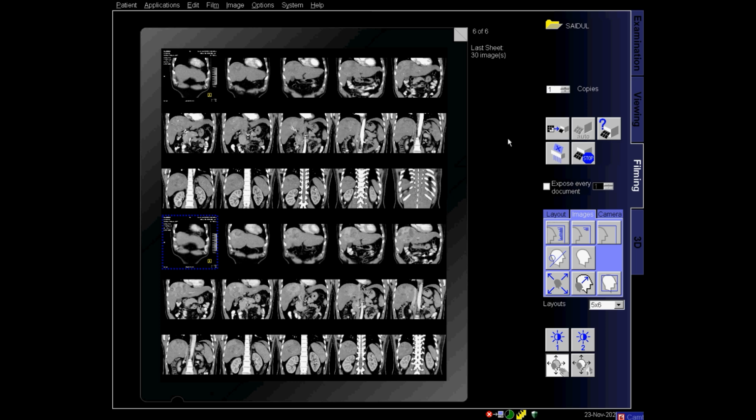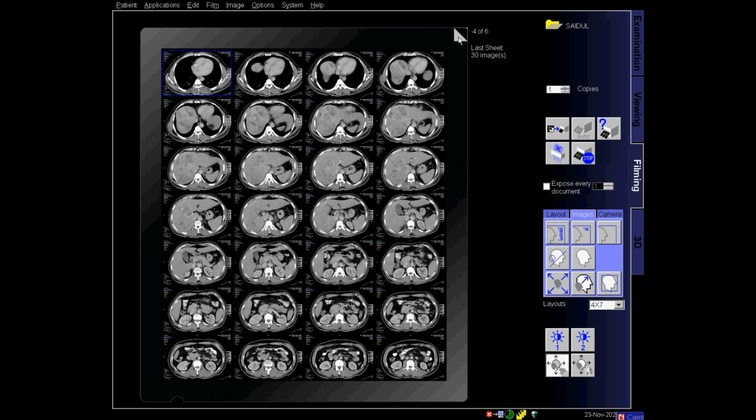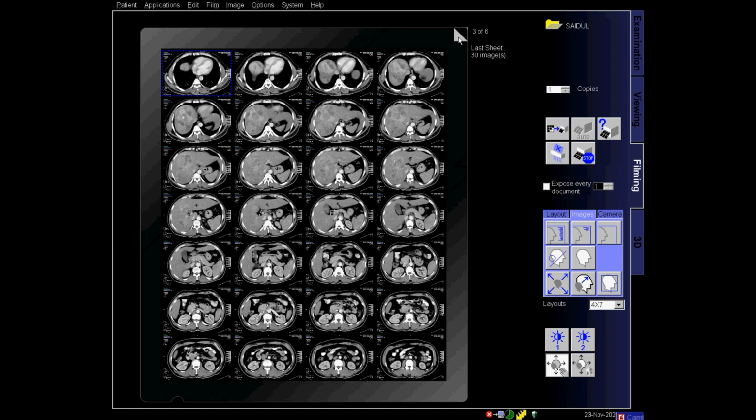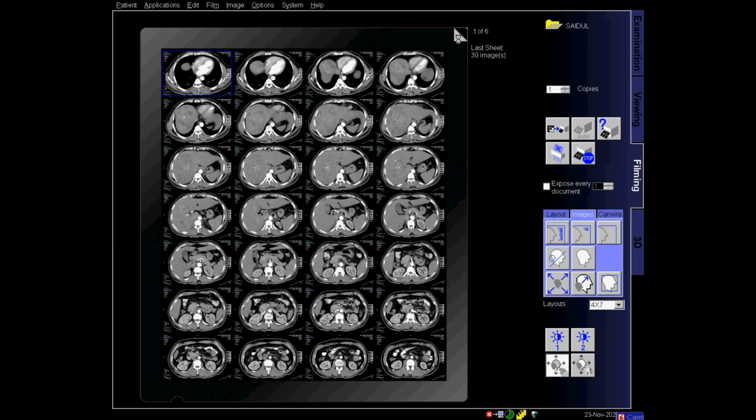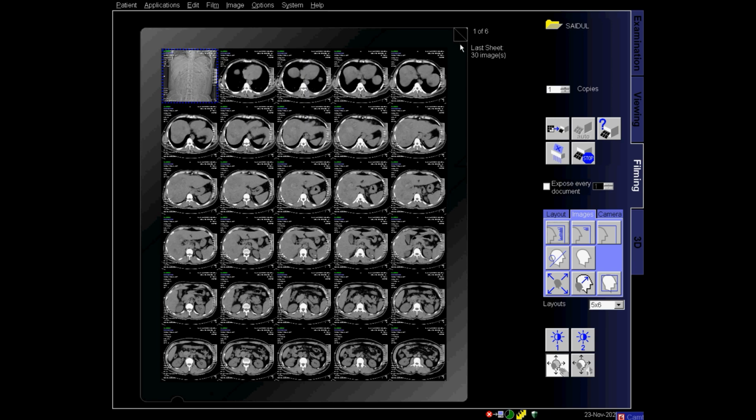So I have prepared the non-contrast axial film, arterial phase axial film, portal venous phase axial film, and then the venous phase axial film, that is optional, and then the delayed phase, and then arterial and portal coronal films. So these films I have made for printing.